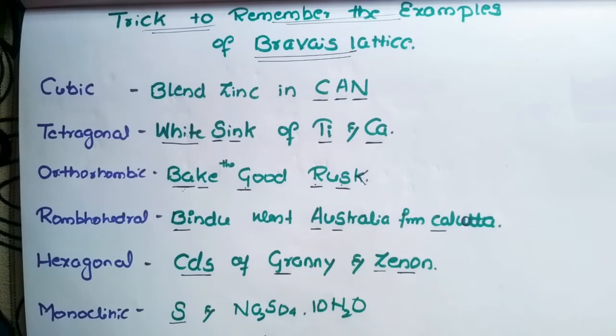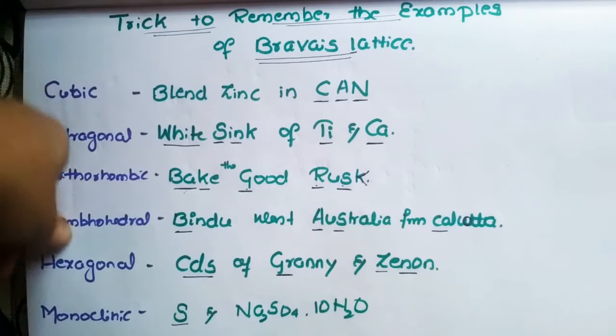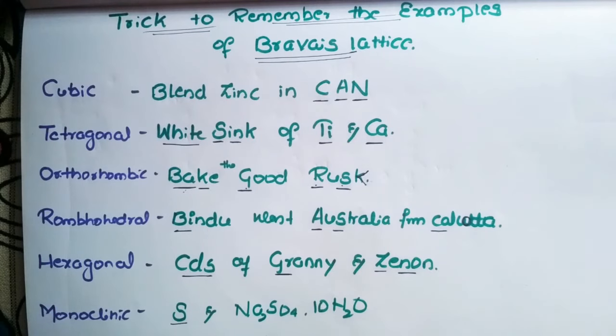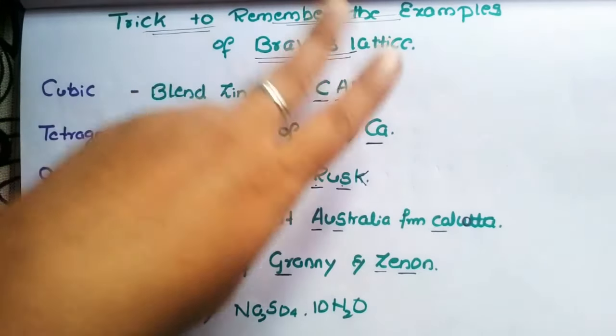At that time it is difficult to remember the examples for all the crystal systems. So for that there is an easy way to remember, where one of the students asked me to give a simple video, a trick based on how to remember the examples of a Bravais lattice. In the previous video I gave the shortcut trick for remembering the names of the 7 crystal systems and their parameters, like how the edge lengths or the axial angles change. You can check that video, and this video is purely about how you can remember the examples of a Bravais lattice.